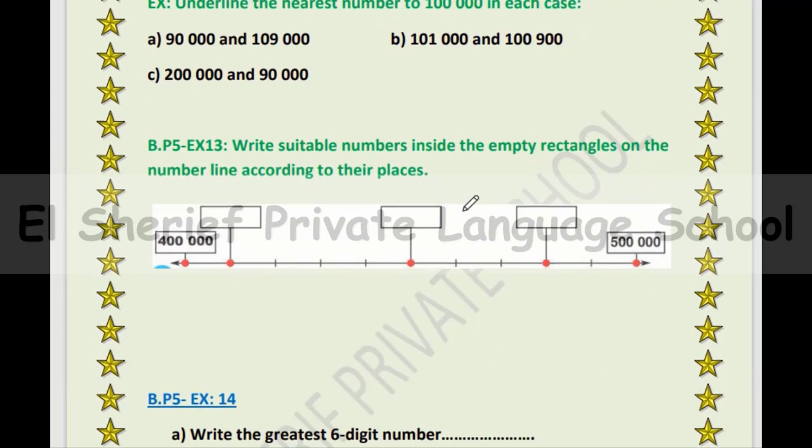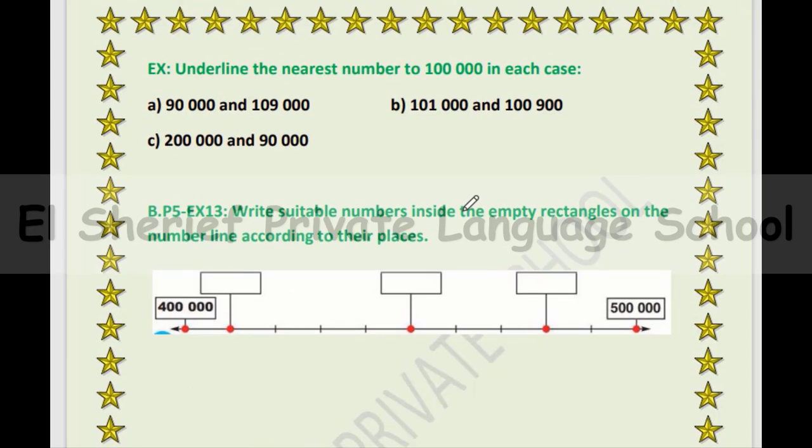Okay, the next exercise: underline the nearest number to 100,000 in each case. Okay, this exercise, book page 5, exercise 12. Underline the nearest number to 100,000 in each case. Okay, first we will look at letter A,